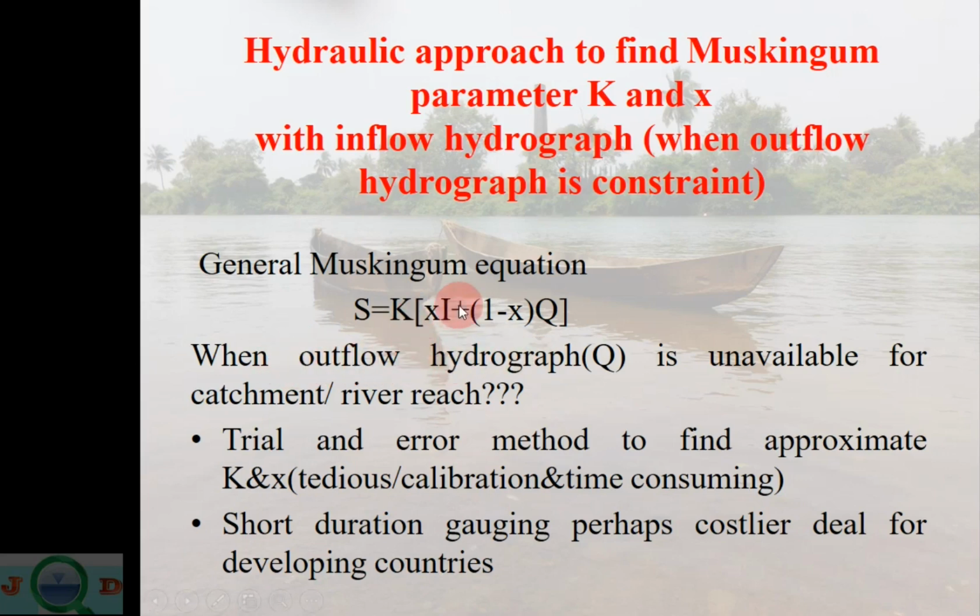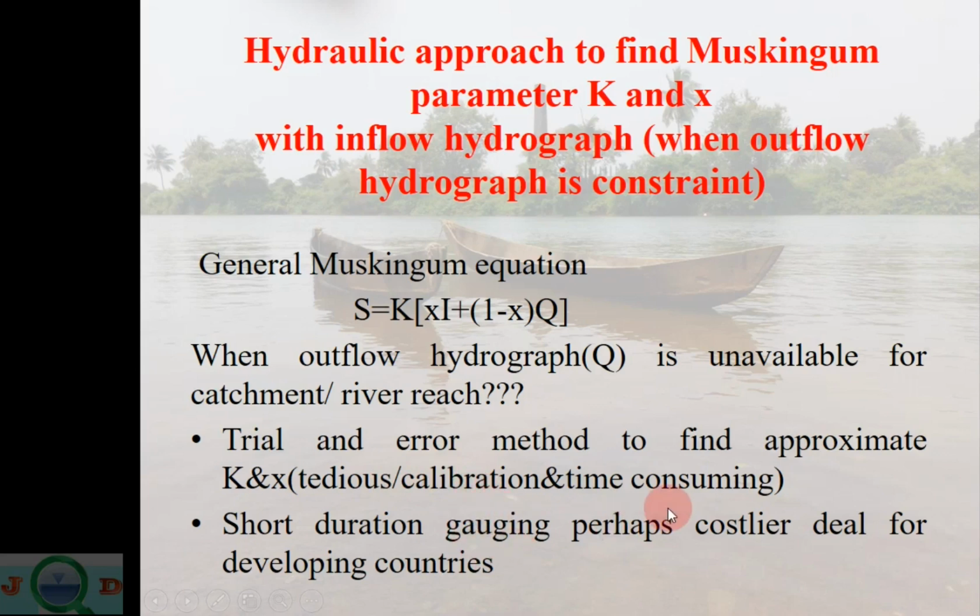So we can't directly use that Q in the storage equation. In that case, we need to use the trial and error method to find approximate values of K and X. It is tedious, and the calibration requires time, so it is a really time consuming